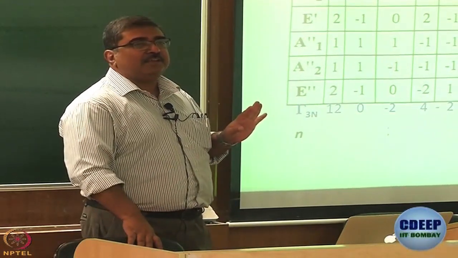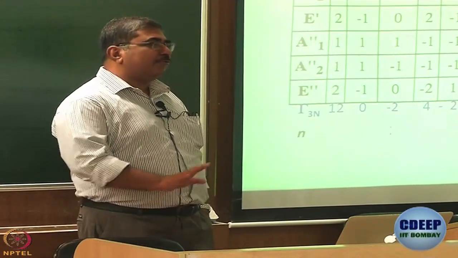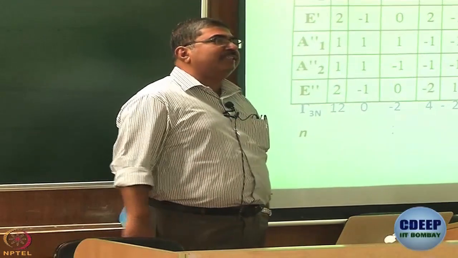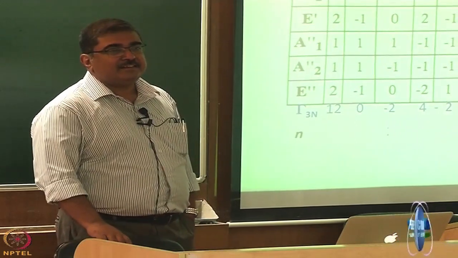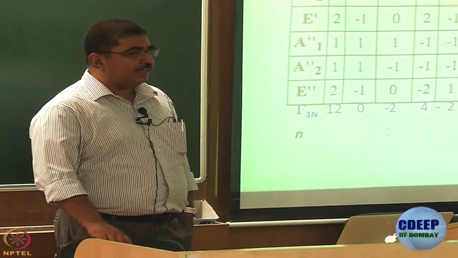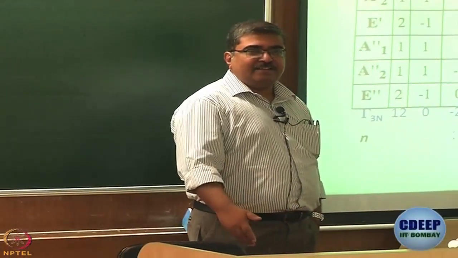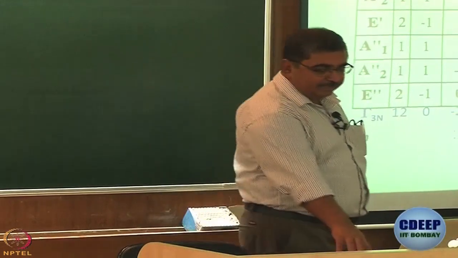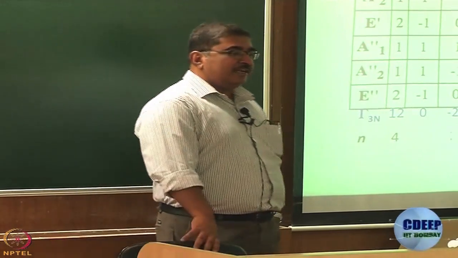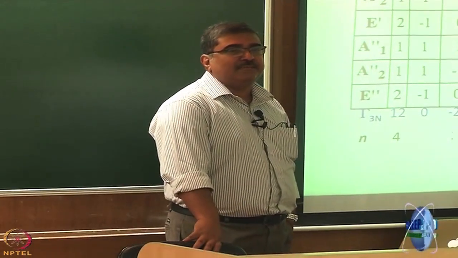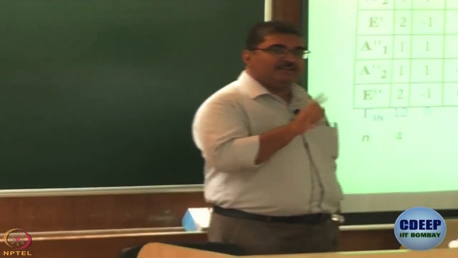How many atoms are there in the molecule? We are still working with BF3 or carbonate, 4 atom D3h. So, there are 4 atoms, right. How many of these remain unchanged upon operating E? E is the identity operation. How many atoms remain in their own place if I apply E? The answer is all, right, all 4. So, n is 4 for E. How many atoms do not move from their position upon applying C3 plus or C3 minus? 1. Only the central atom. What is n? 1.